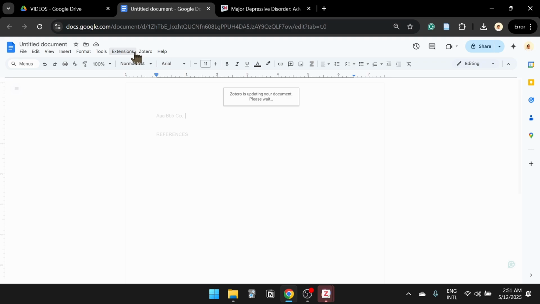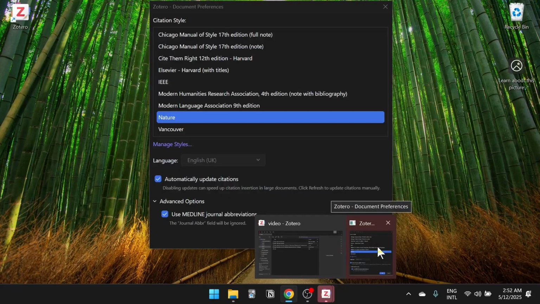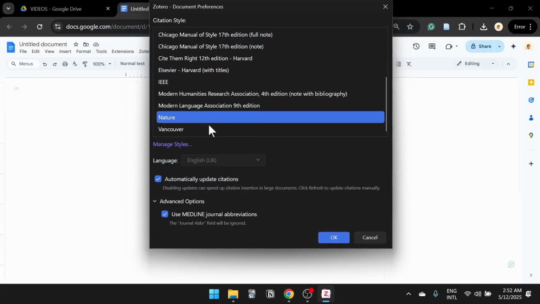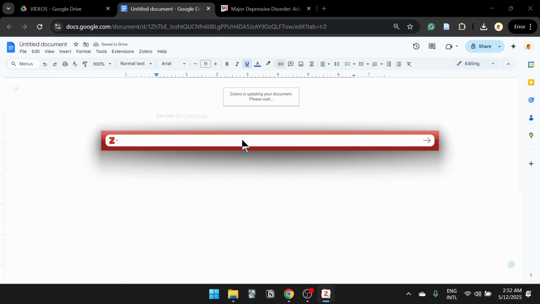But well, Google Docs sometimes has this problem. Zotero of Google Docs is that it looks like it's loading, but in fact it's only that the window is minimized. So here you can see that the window has already loaded. So just click here, select the style, and click on OK, and then you have to write. Well,